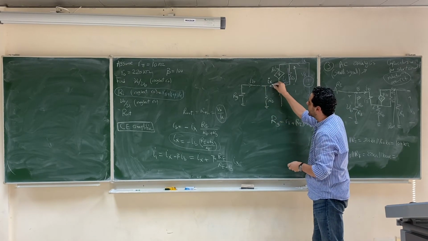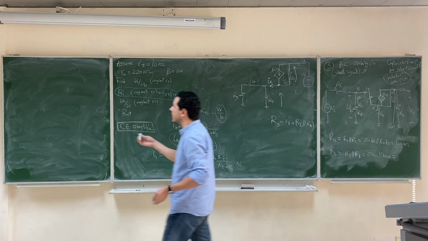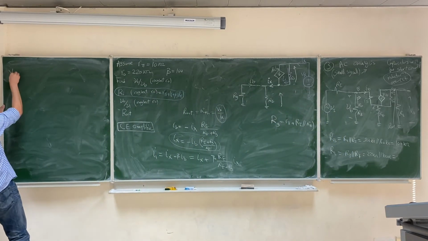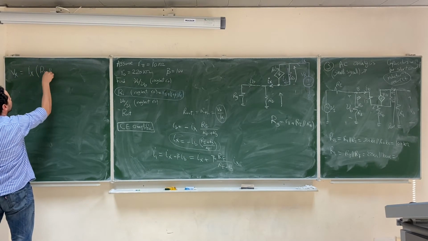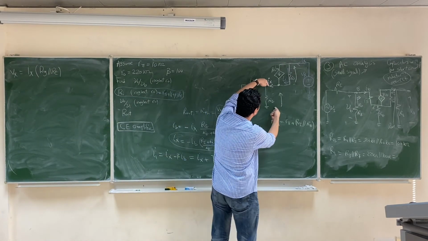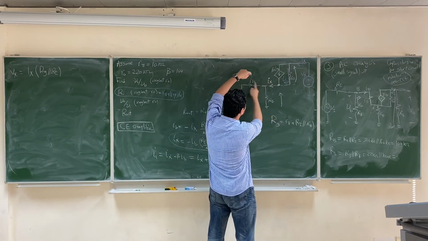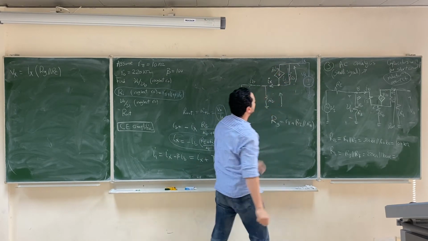We have a current Ix here, it will go to these two resistors in parallel, so we can say basically that Vx equals Ix multiplied by Rg parallel with Re. This is the voltage here, Ix total current multiplied by the total resistance, plus the voltage drop across Ro, which is I1